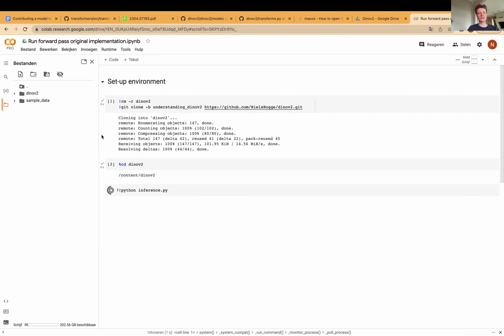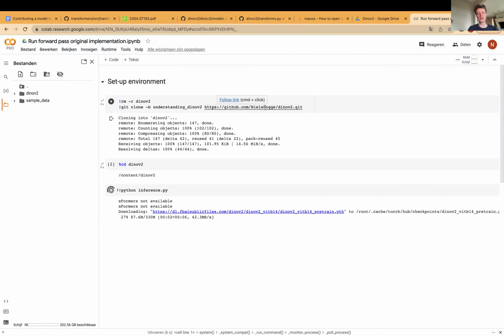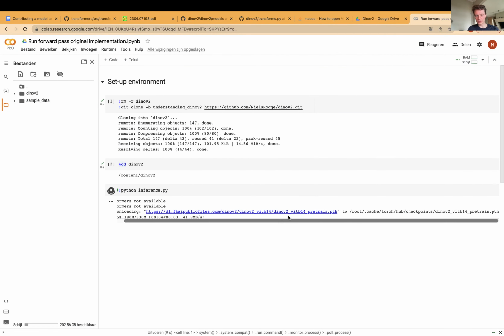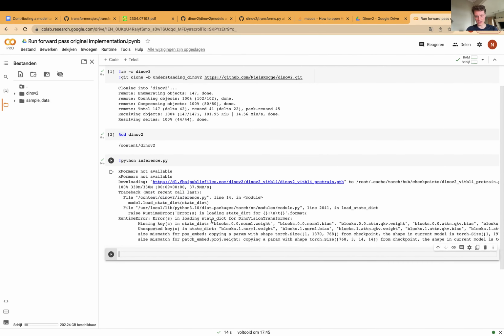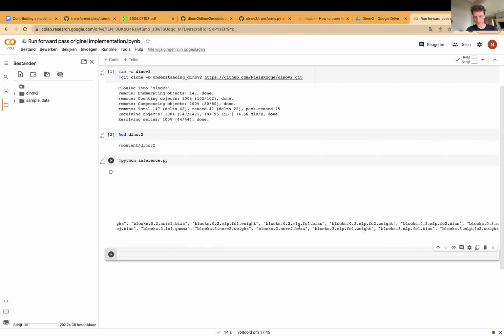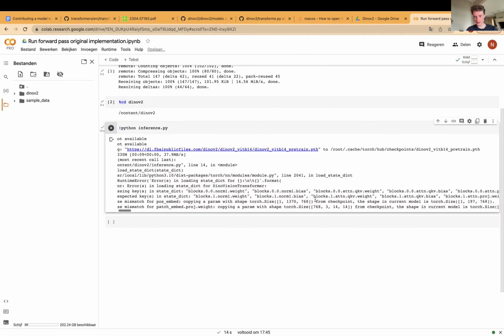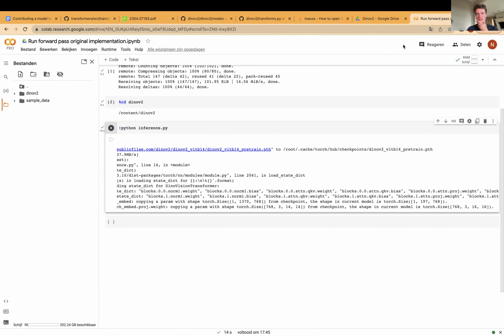But yeah, this is typically what you need to do as a first step when you want to contribute a model: run a forward pass on some dummy input data. So in this case, as you can see, we're currently loading the pre-trained weights of DINOv2, the base sized version, but yeah, there seems to be a mismatch. And I can already see there is an issue with bias, as well as, I think the reason is that the model that we are loading here,